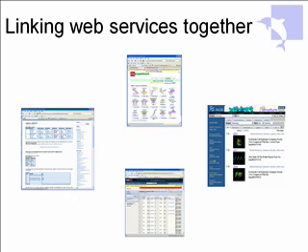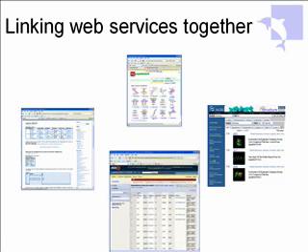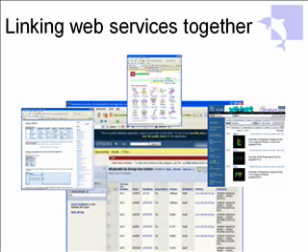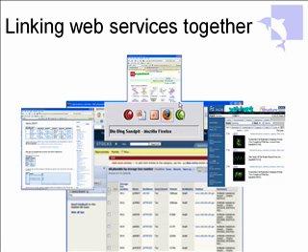So for instance, if we have, say, our workflow engine at the top, this is being described as MySpace for scientists, but it's not quite there yet. But it's a thing that will hold workflows and lets people share workflows, but it will ultimately allow people to execute them as well. So you can imagine, oops, I'll do something else first. I've got to show you one other thing that we're doing,